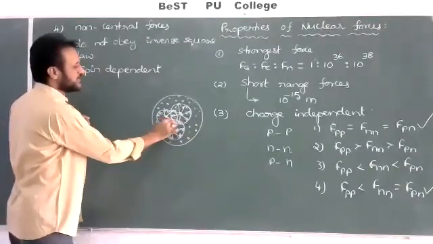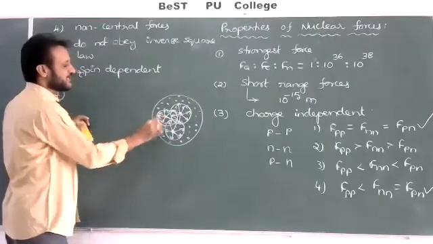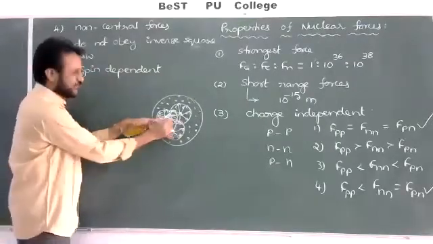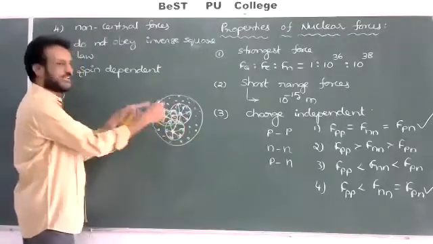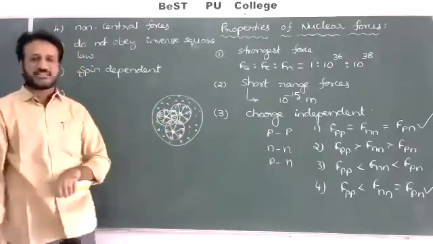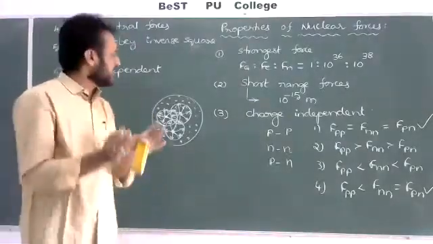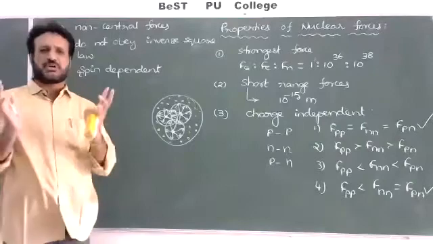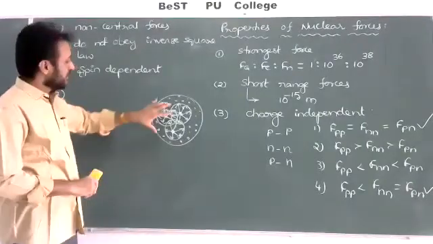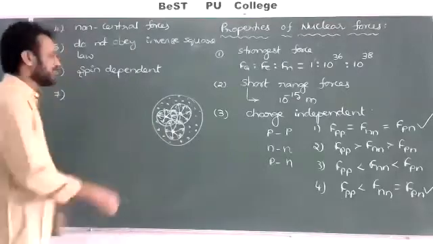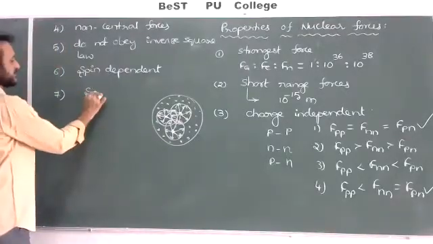So that means inside the nucleus, one nucleon can attract only the neighboring nucleons. Here these two are having interaction, and indirectly they are also having interaction. So one nucleon cannot attract all the nucleons, only it can attract the neighboring nucleons with a strong force. That's why the nuclear forces are acting maximum forces among the nucleons. That's why they can be called saturation forces.